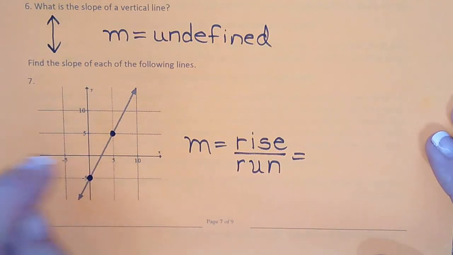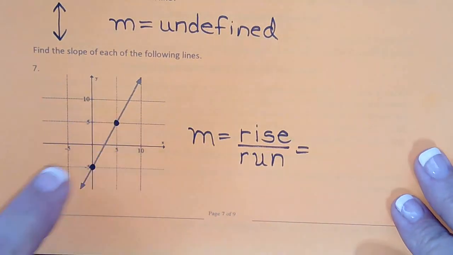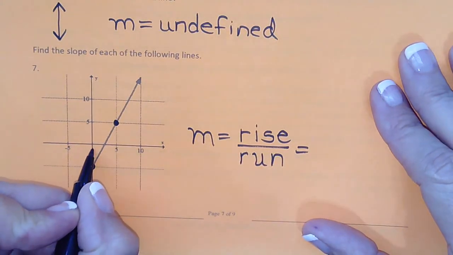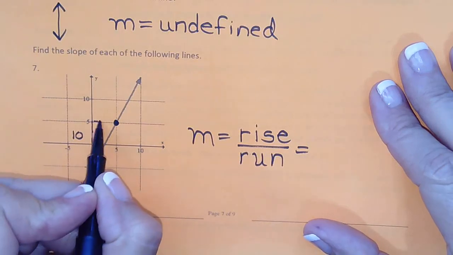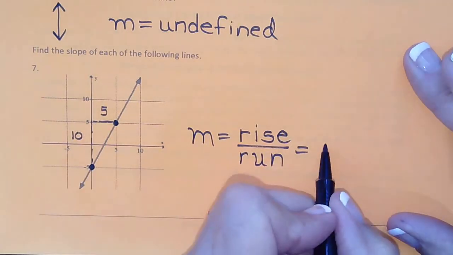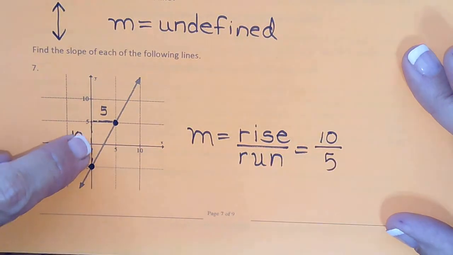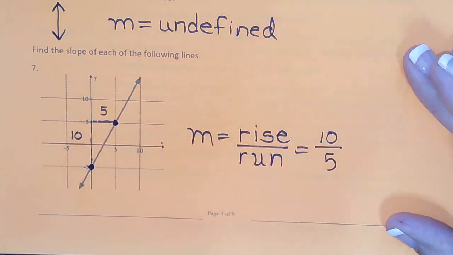So these are going by 5, these are going by 5. So don't say rise 2, run 1. This is rise 10 and run 5. So 5 and 5 is 10. The run is 5. So 10 over 5,